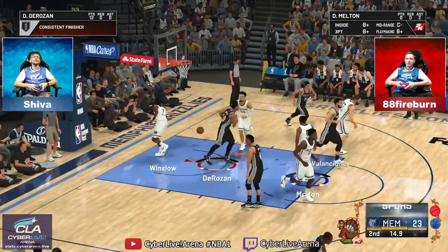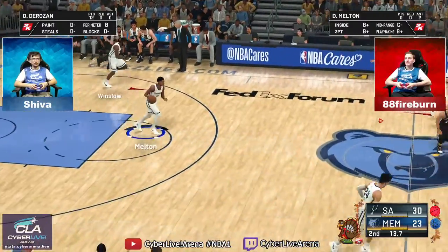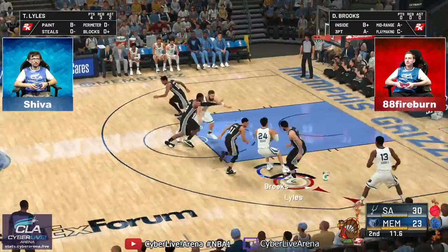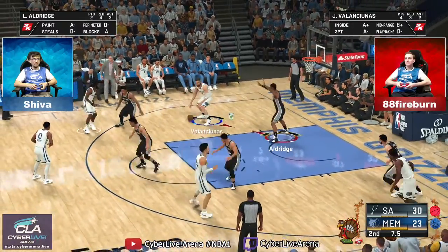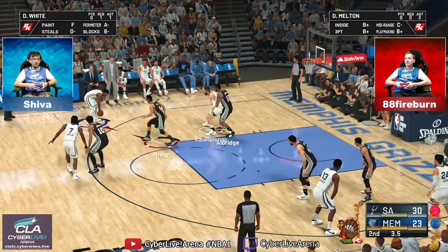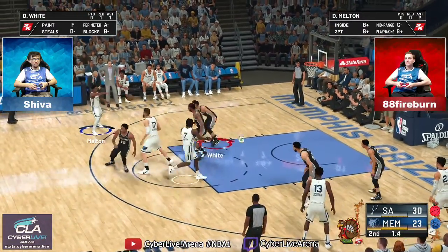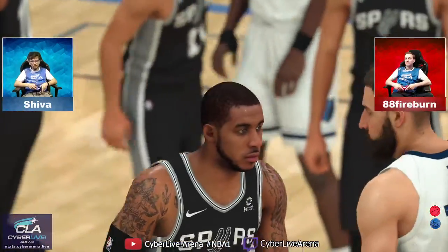The game has been very close in a lot of areas, but rebounding has been the one differentiator thus far. Fantastic ball movement. They're picking them apart with their passing. Brooks dishes to Valanciunas. Passes it to Melton. Winslow with it, and so it's DeMar DeRozan making highlights for the...